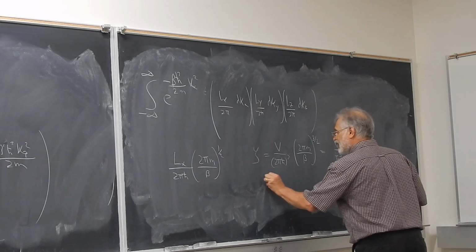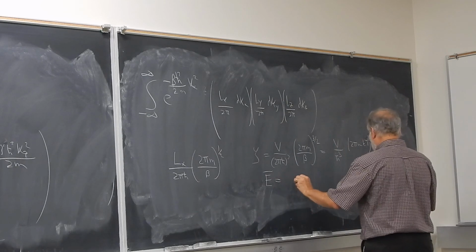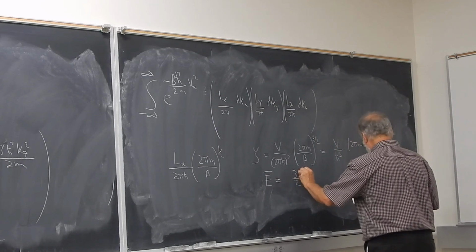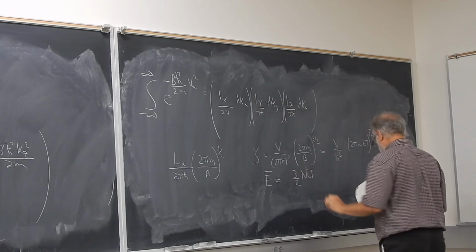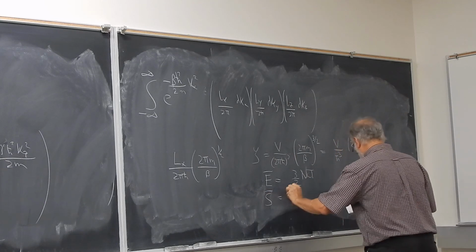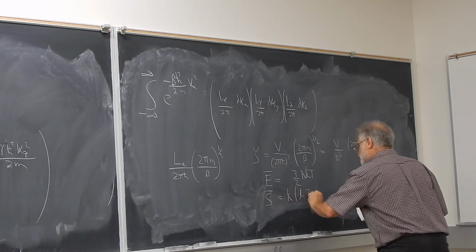I can find log Z. From that I can find my energy. My mean energy will turn out to be 3/2 NkT. My mean entropy will be k log Z plus